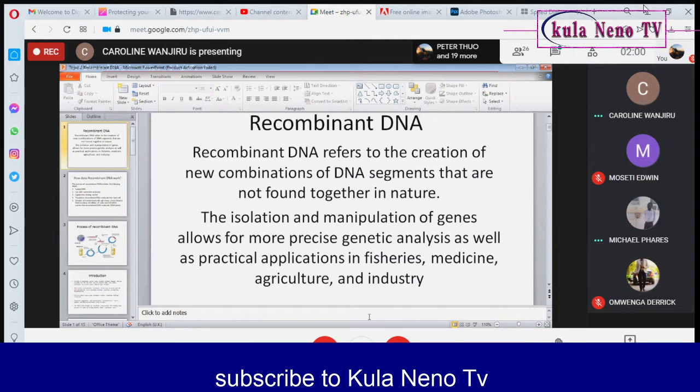The isolation and manipulation of genes allows for more precise genetic